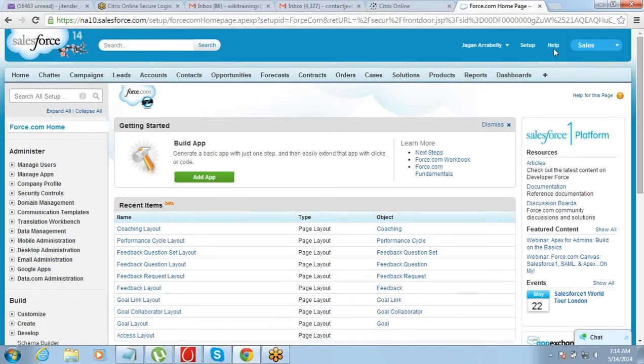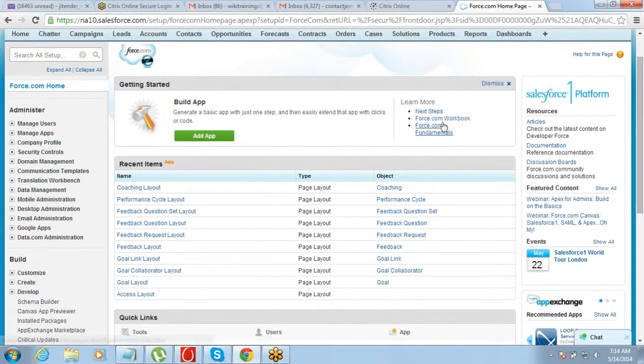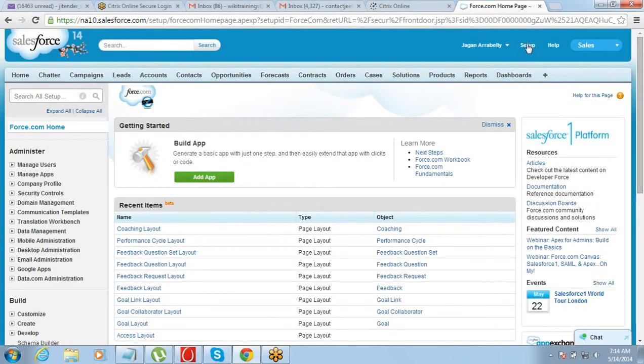This will take you to the help and all. Then the setup link. If you click on the setup, it will open the complete setup menu on the left hand side. On the left hand side you see a big menu: Administer, Build. This is the setup menu. In case you are not able to see the setup menu on the left side, you just need to go and click on setup.